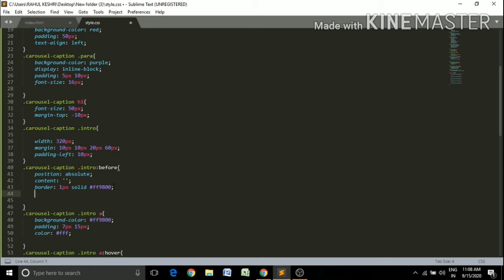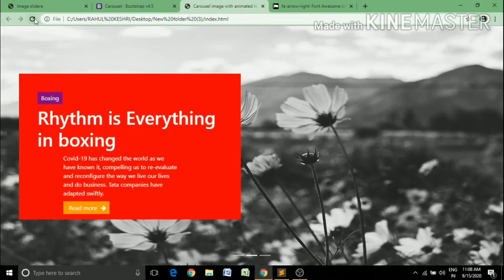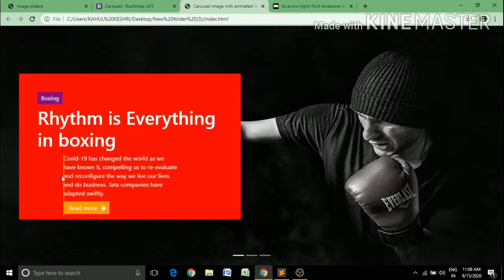Now give the height 170 pixel. Now save it and refresh here, and you see that there is a border left.